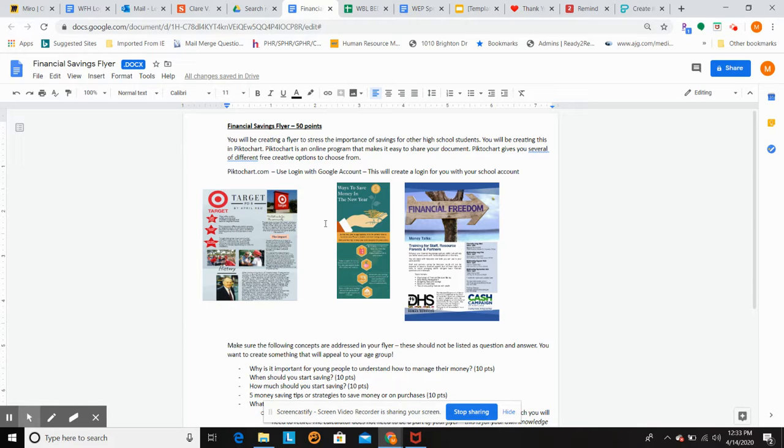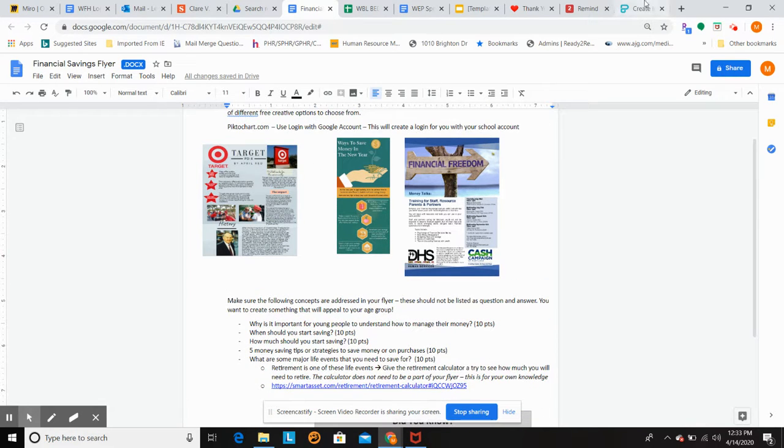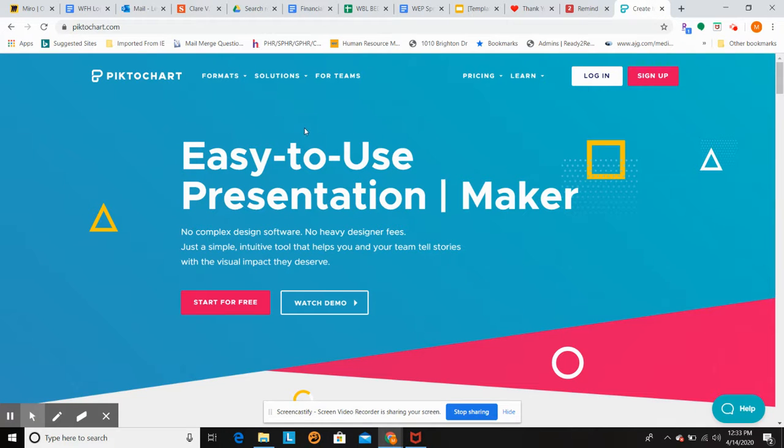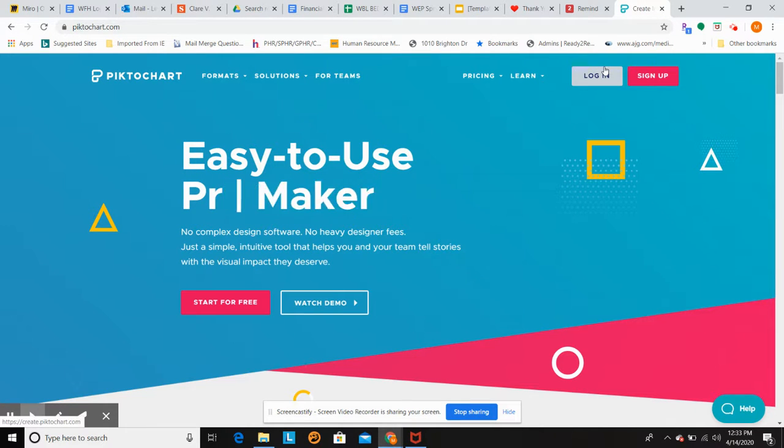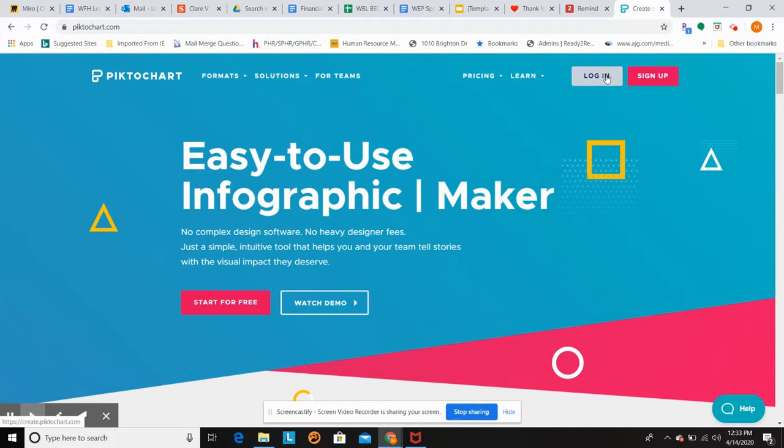Some of you might be familiar with Canva, or you can even do something like this using Microsoft Word or Publisher. But since you are home, the easiest program to use for sharing and that gives you the most creative options is definitely Piktochart. So when you go to the Piktochart website, you can sign up using your baldwinschools.org email address,